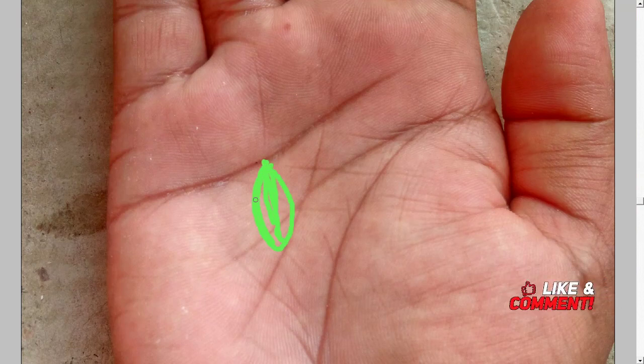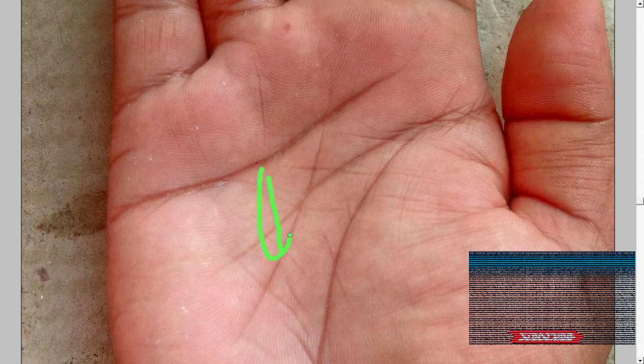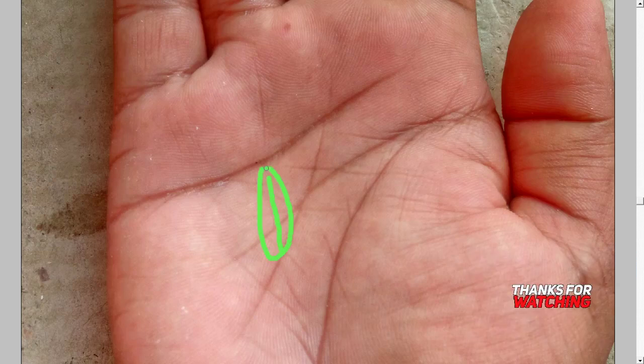In this age range, the lines are not so deep and clear. It's a very dim kind of line. It's a very weak kind of line that you see. It's barely visible. So for a line that is barely visible, I'll try to give a different analogy out here. It basically signifies that when the line is very light, it means...